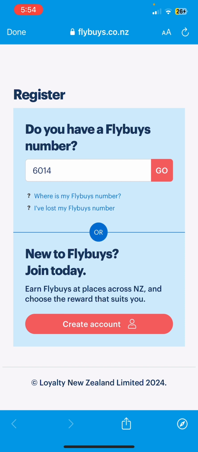So you simply need to give a phone number and tap on Create Account. Once you verify yourself, you will be able to register successfully. So basically this is how you can create your Flybuys account, and if you still encounter any issue during this